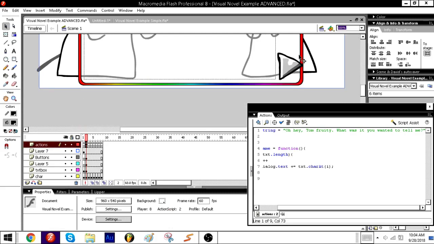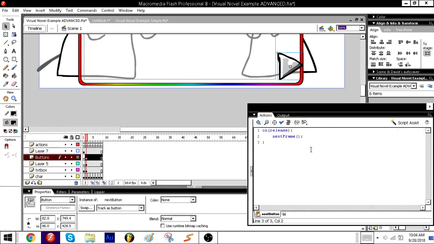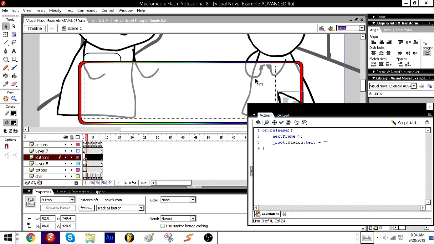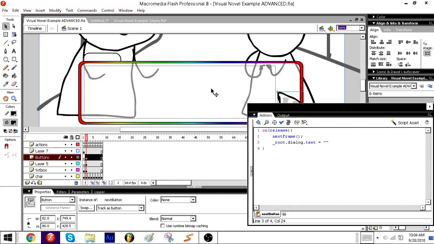Okay. So make sure when on this button we say root dialog dot text equals nothing, because if we don't do that, then each text is going to just keep adding on, and we don't want that. We just want, as soon as we click it, it'll erase everything and then restart it. So if you do that,